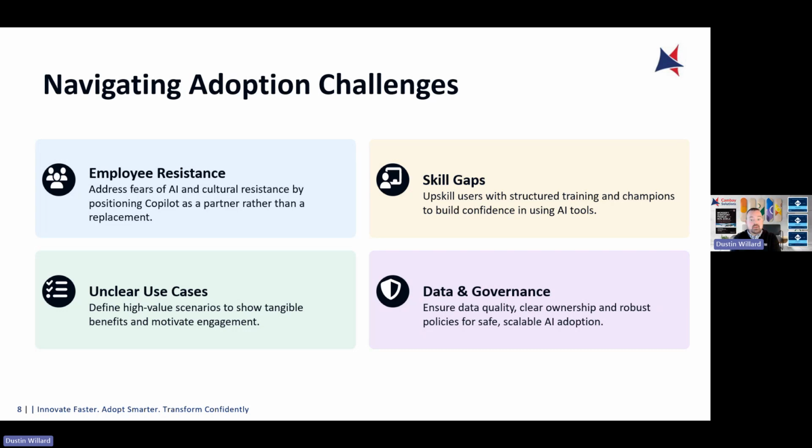Data and governance: ensuring your data quality and ownership is correct. A lot of organizations are very scared because of, again, my point about security. I had a client who had worked at a company when it was a startup, and it was 3 people. Now it's 16,000 people. He had access to an Excel spreadsheet that had everyone's names in it, just like a roll call of employees. Well, over the course of 16 years, they ended up putting people's home addresses, social security numbers, and payroll information in it. So how much money they were making.